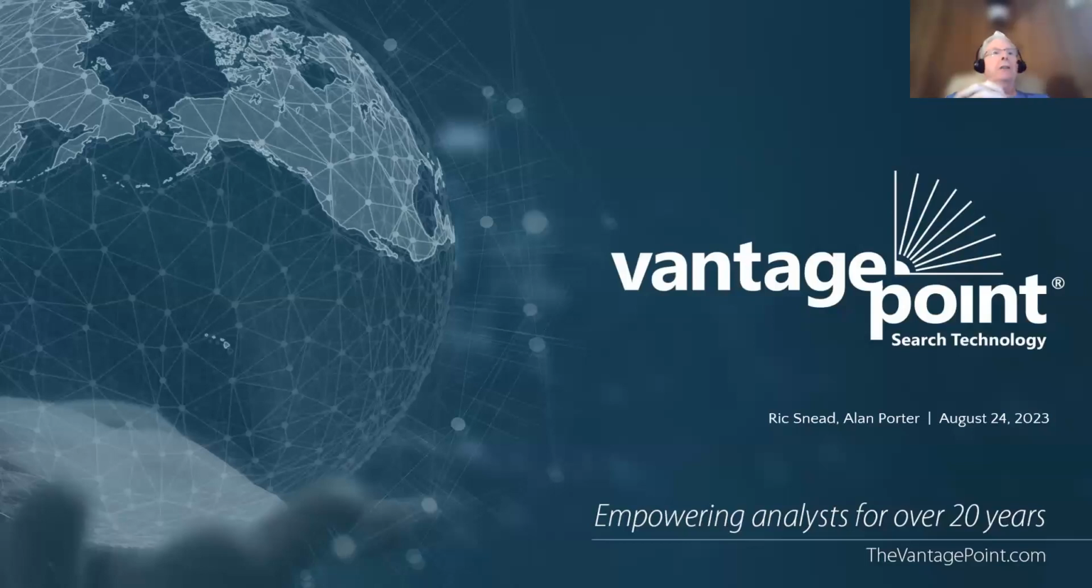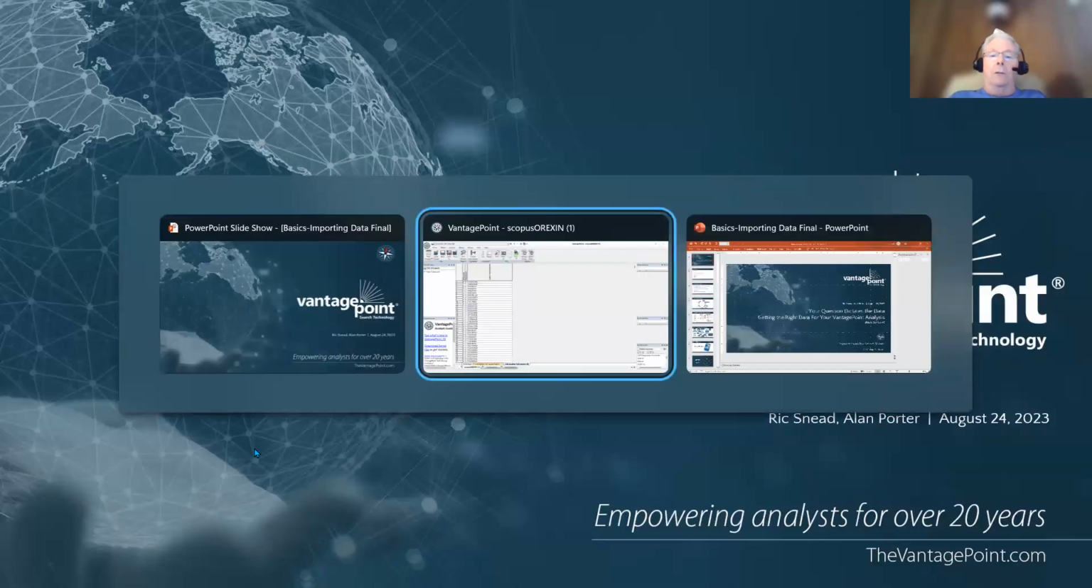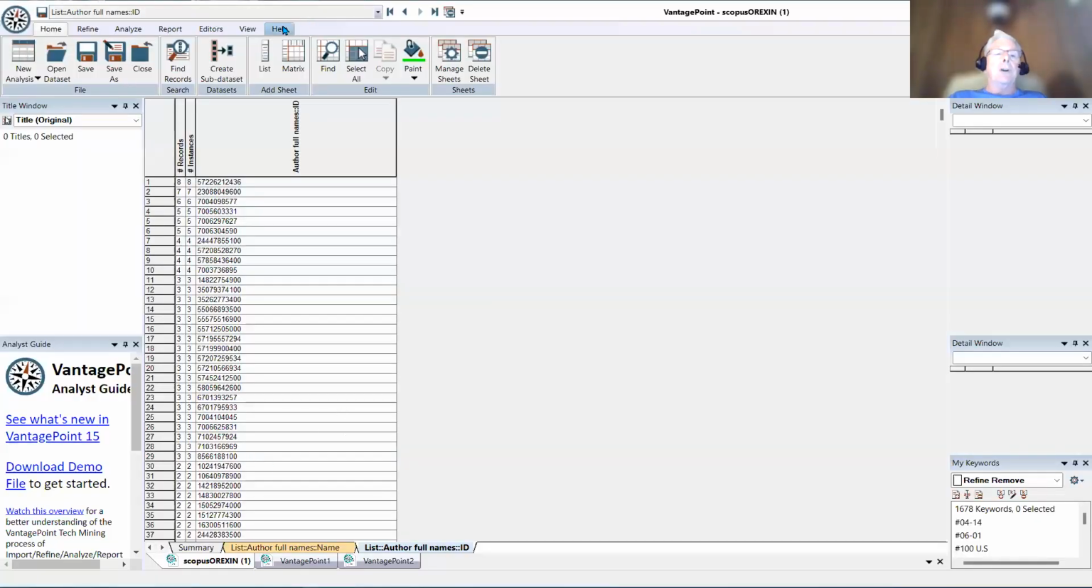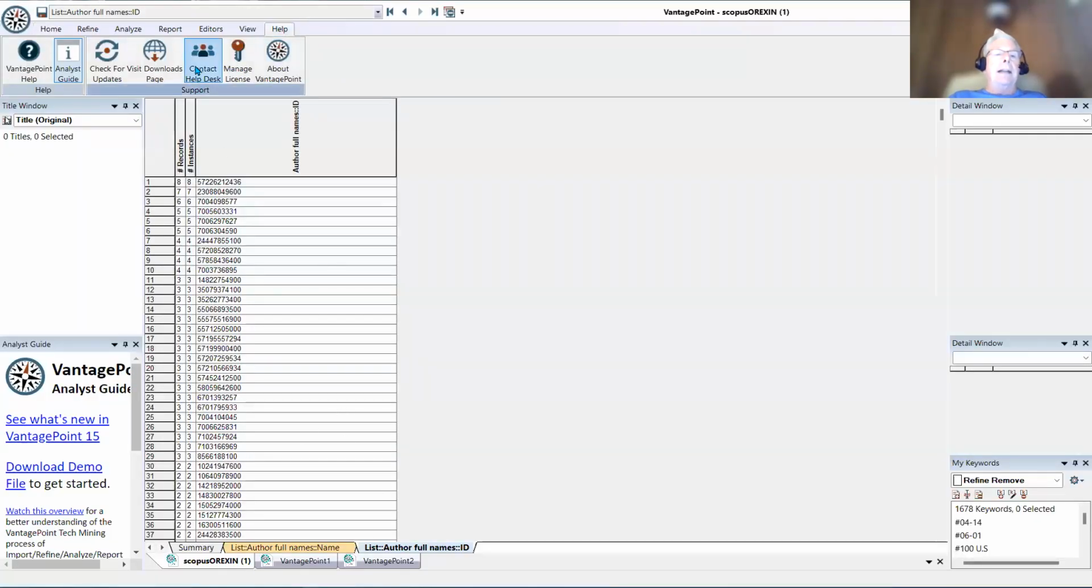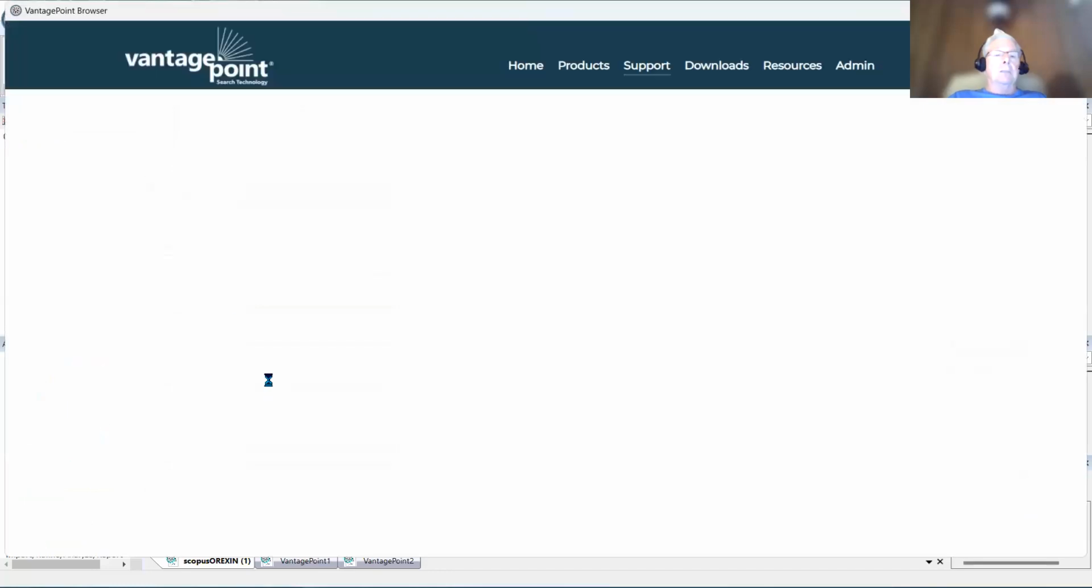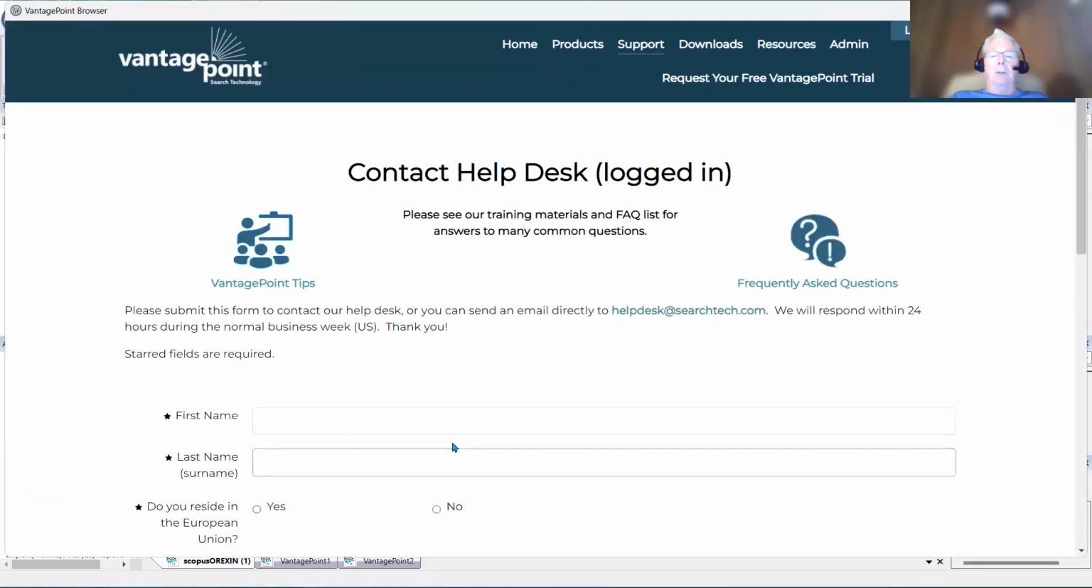But if you discover that we don't have an import filter, please, by all means, contact us. You can contact us in several ways. If I go back over to VantagePoint, you'll notice under help, contact help desk here. That'll be able to give you the form, or you can email us through the help desk email here at